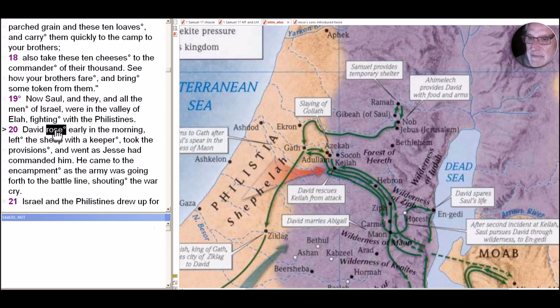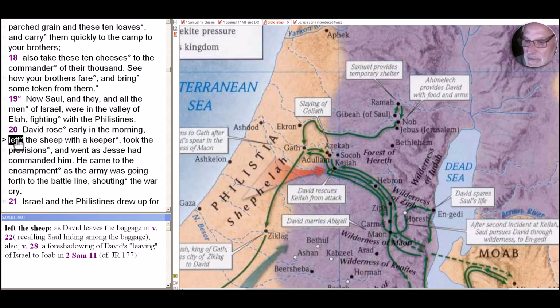And so David rose early in the morning, a phrase used for a number of things. We see it here in 1 Samuel, and we'll see it again a couple of times, 30 times in the Masoretic text for rising early. And of course, rising early is to say before the heat of the day, in a place where most of the year it would be warm. So he left the sheep here, as David leaves the baggage in verse 22, and we'll see that next video,